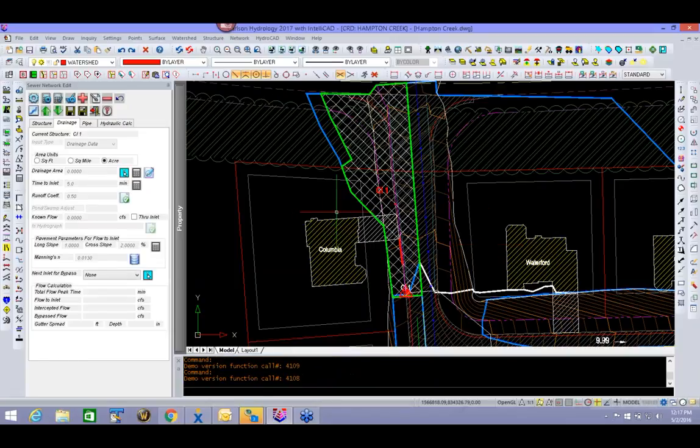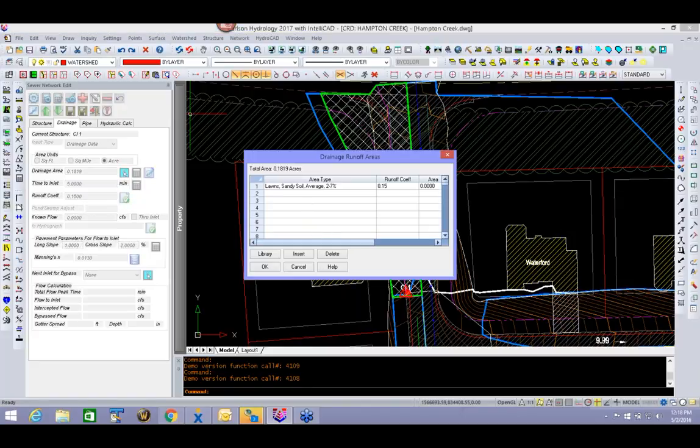So there is the drainage area that it gave me, which is this green line, based on my surface model. All right, let's look at it over here. It's in acres. It's almost 2/10 of an acre. My time to inlet got automatically set because I hit the calculate button. I'd probably go back over here and change that to 5 minutes. And then my,